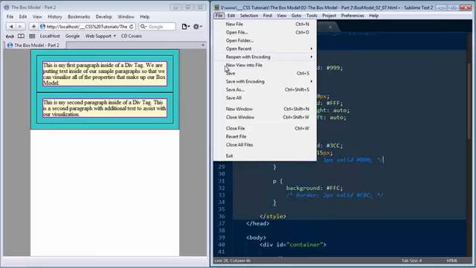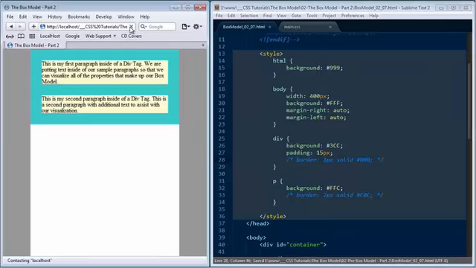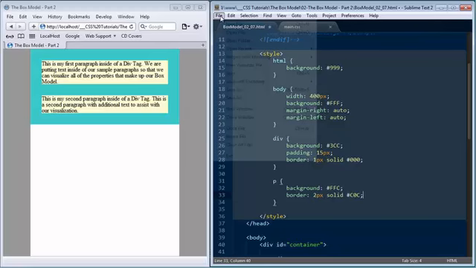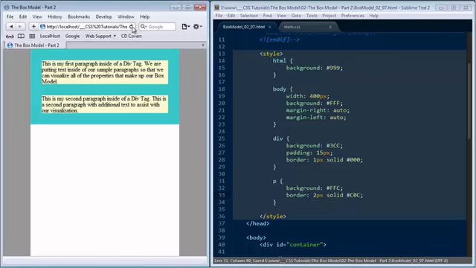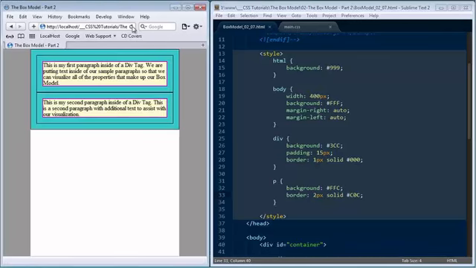We're going to comment these files out. I want to do a save. I want to refresh this window. So there we are without the borders in. Now when I bring these borders in and refresh that browser window, I want you to see the impact that they have on the areas that both the div and the paragraph tag take up inside that body element. So let's go ahead and save that change. I've removed those comments. Refresh the browser window, and you'll notice now that everything kind of shifted down and